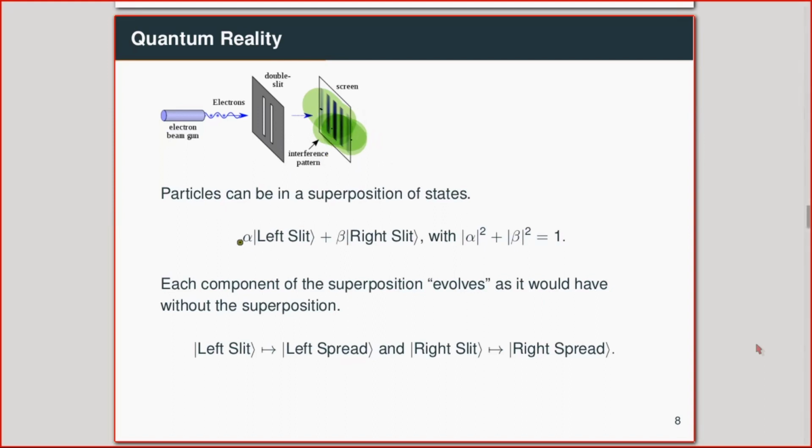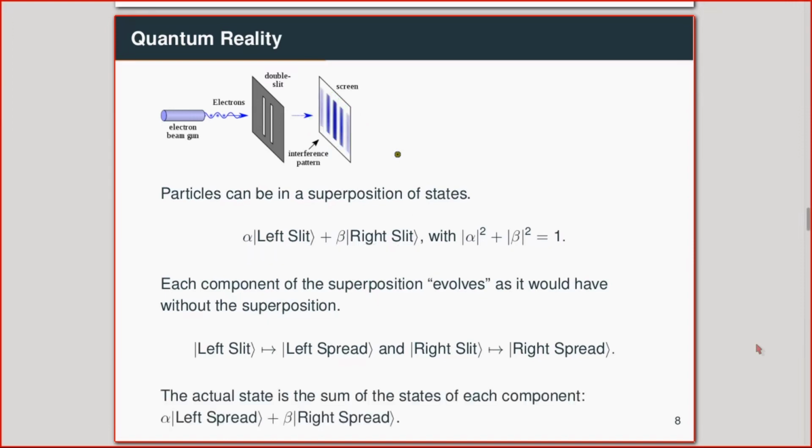Now, what happens if the superposition goes to the screen? It's very simple. It's all just linear algebra from this point onwards. The state will actually be alpha times whatever left slit would have become plus beta times whatever right slit would have become. So it becomes alpha times left spread plus beta times right spread. And since left spread included points here and right spread also included points here, the coefficients are going to add up. So if you take some point over here,